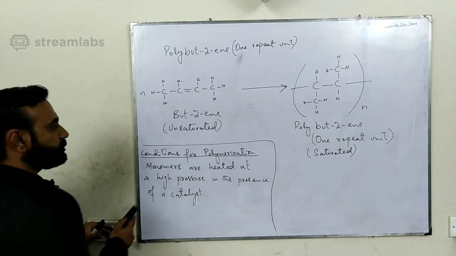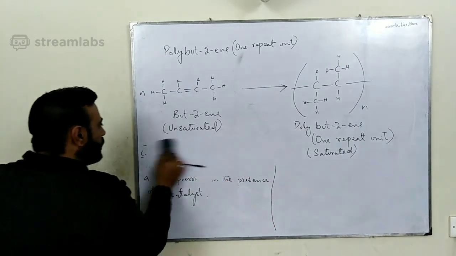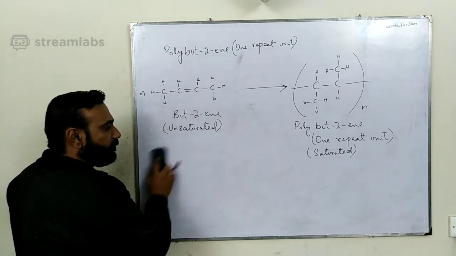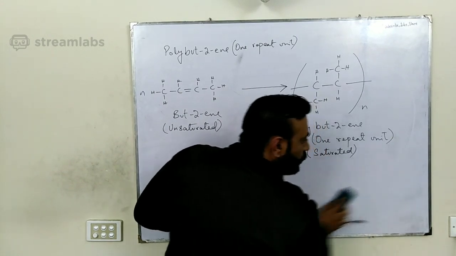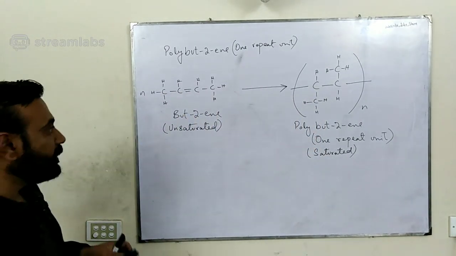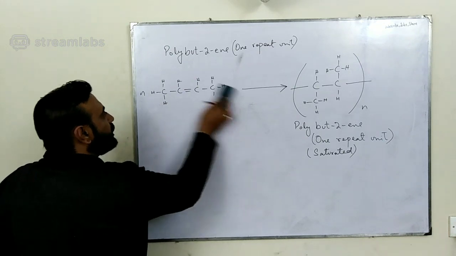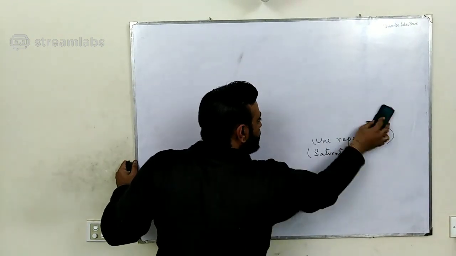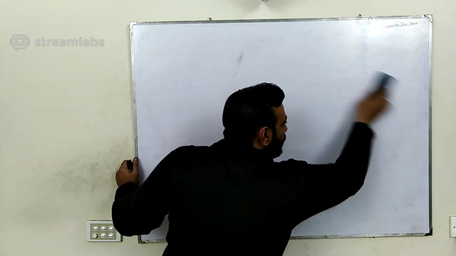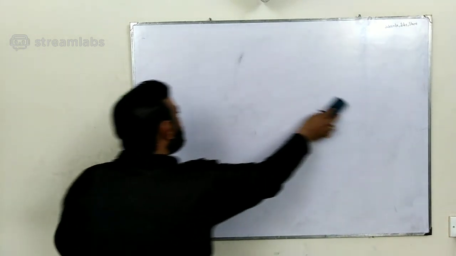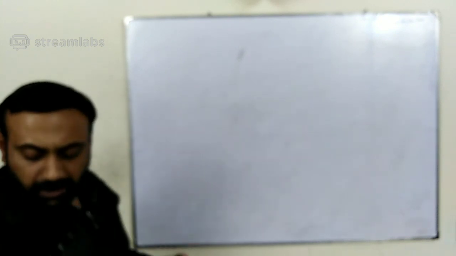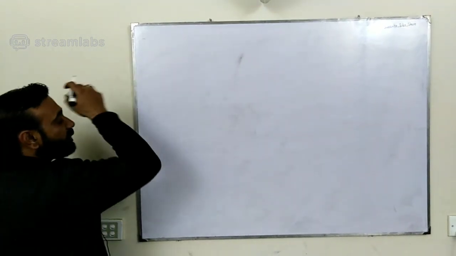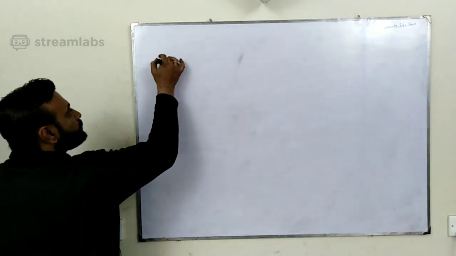Okay, now what I am going to do is write the names of a few polymers, and I would like you to try their structures by yourselves. Apply the same technique. First, find out the name of the monomer, then draw the structure of the monomer, then use that structure of the monomer to construct the structure of the polymer. So I will give you a few names like